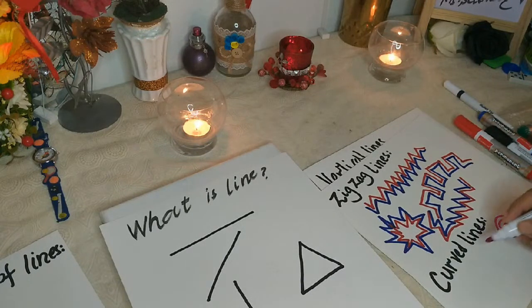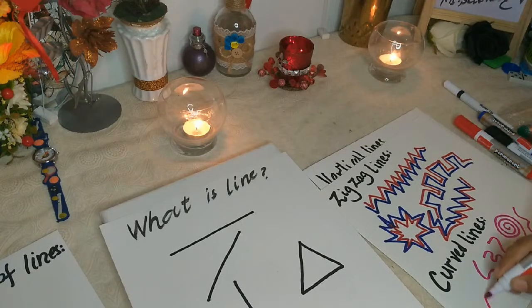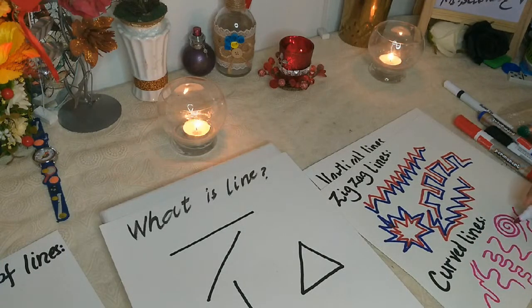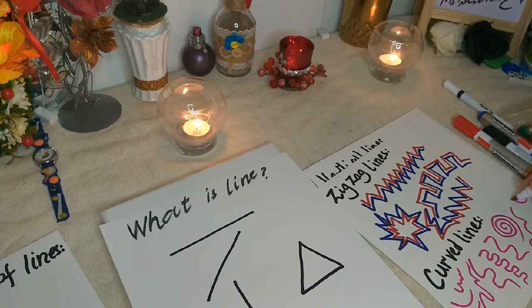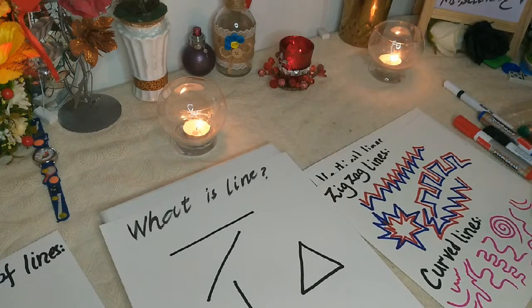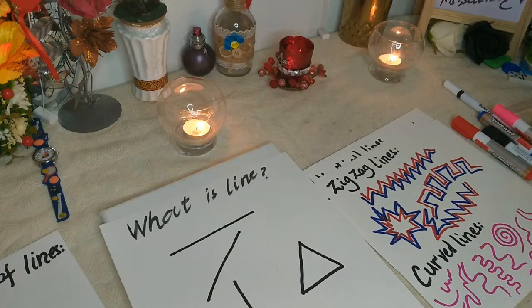It can be in a wavy position, close to each other, far from each other, in any direction. It can be a quarter circle, semicircle. It can be in any direction. So what are we going to do after exploring all these lines,